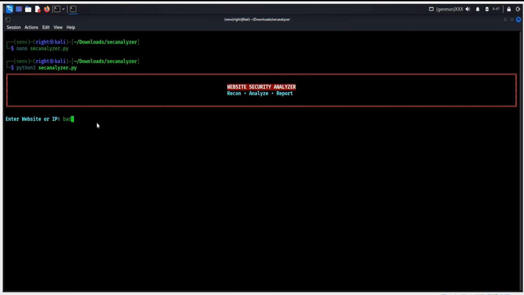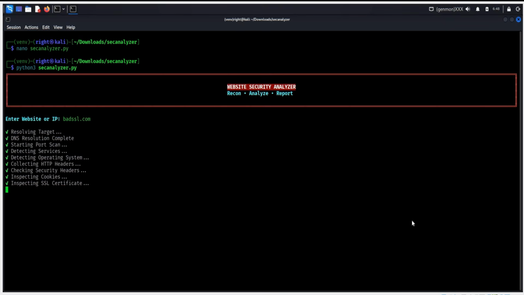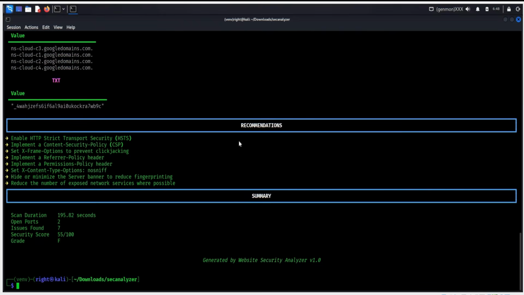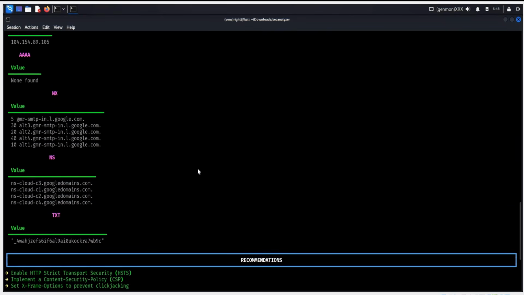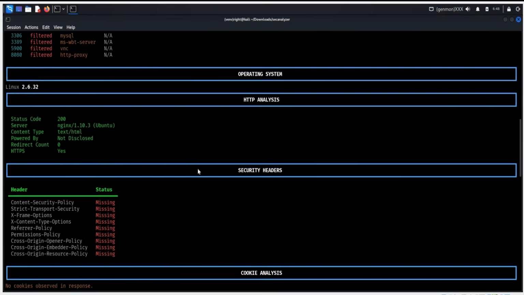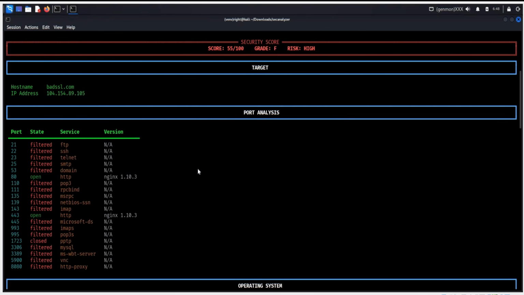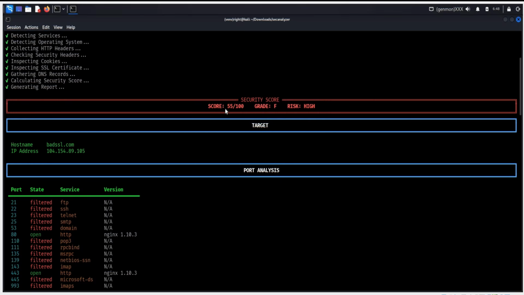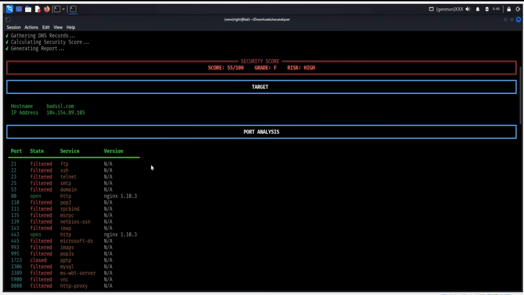Perfect. For our first demonstration, we are using badssl.com. This website is intentionally designed to showcase different SSL and HTTPS configurations, making it an excellent target for testing security analysis tools. As always, use a tool like this only in a controlled environment or on websites and systems that you own. The analyzer first resolves the domain name to its IP address before moving on to the HTTP and